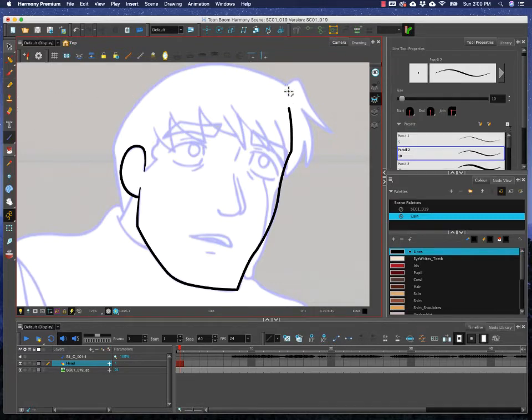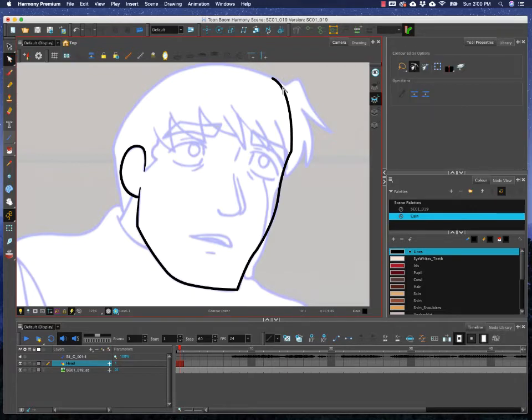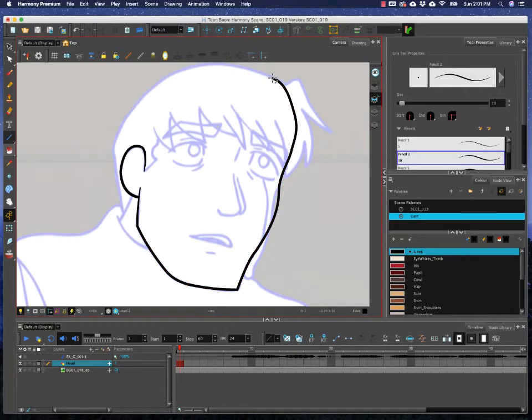Okay, let's go back to the line tool. Let me adjust that, because this part I want to stand out past the, that's going to show up past the bangs. Okay, so this part looks really lumpy and weird. Not that we would really see it, but look at that. Okay. And then